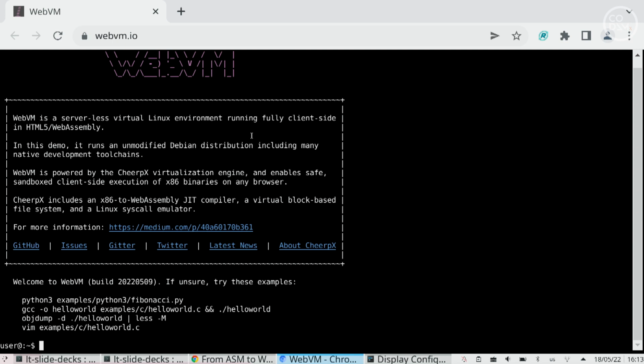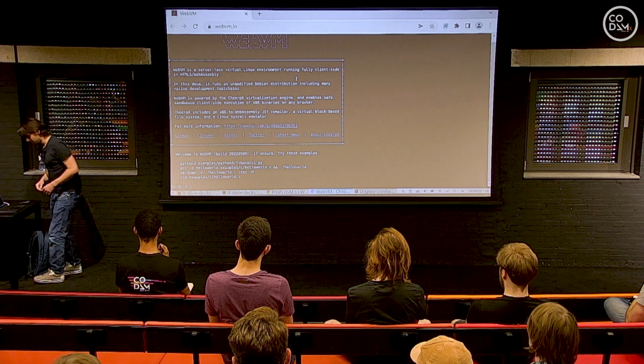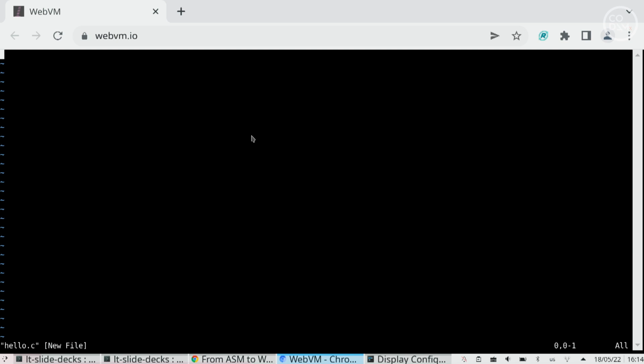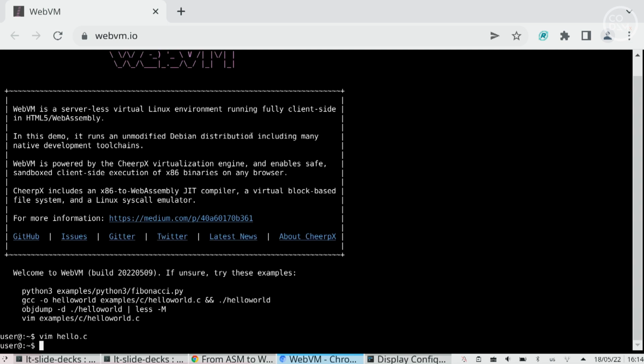I'd like to prove to you that you can actually run arbitrary binaries that we have not seen before. Let's try it. So I'm going to open a new file, and I'm going to make a very simple hello world in C. And to make it something not completely trivial, let's return a failure. So instead of the usual return 0, let's return an error code and see what happens. We save this file, and now we will invoke GCC on it.